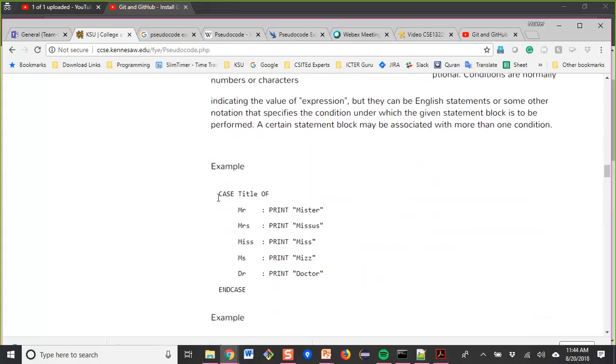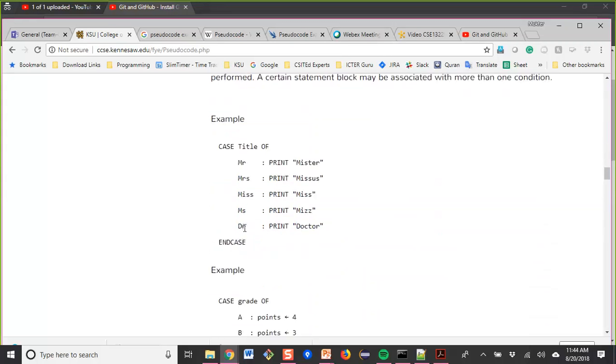For instance, here CASE title. If someone has the title MR, then we print Mr. If someone has the title MRS, this will be Mrs. And then MISS, then we print Miss. And if someone has the title DR, then we will print Doctor.